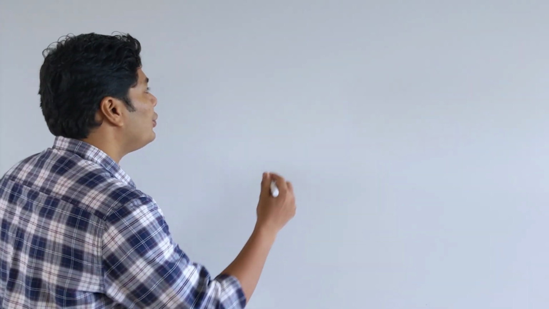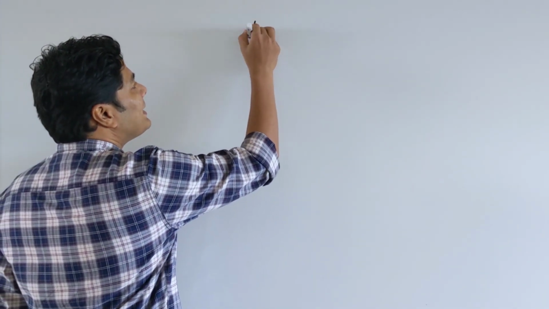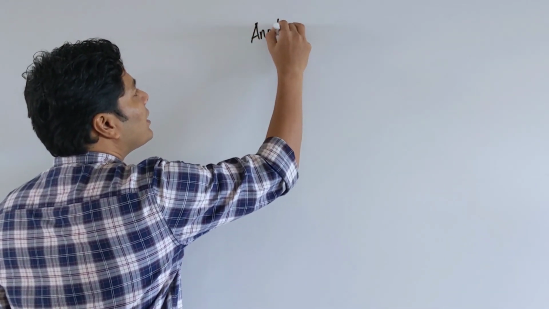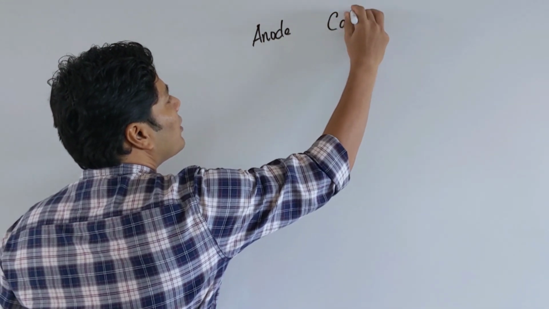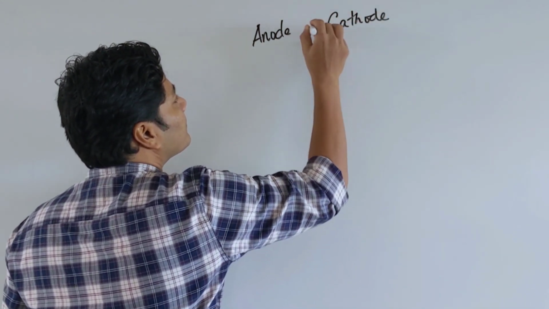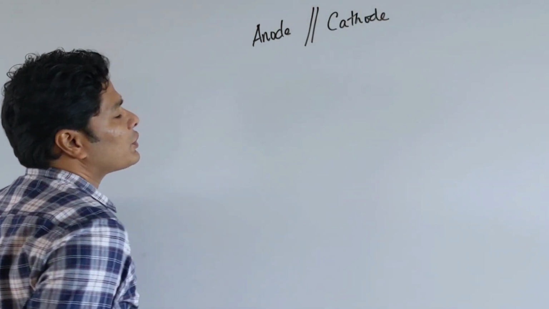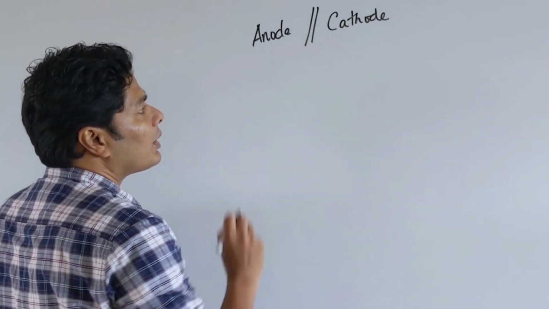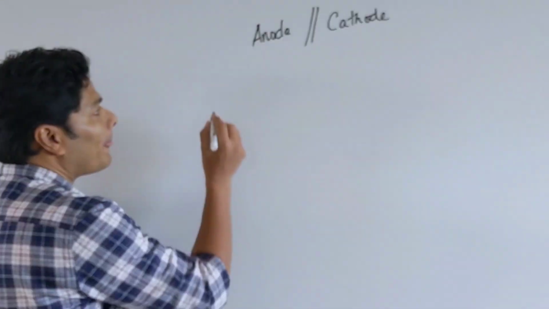Now that we have seen the pictures of a galvanic cell and an electrolytic cell, let's look into the cell notation or cell representation, meaning how you write it in words, what you just saw in picture. And this has an IUPAC convention, you cannot change it. Now how this works is, usually my anode is written on the left side, my cathode is written on the right side, and they are separated by a salt bridge, and a double bar stands for a salt bridge.